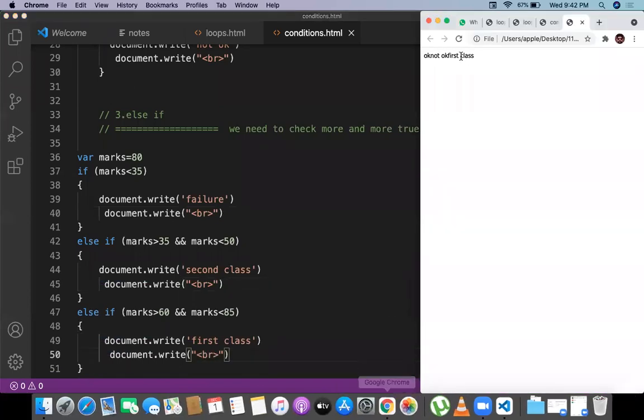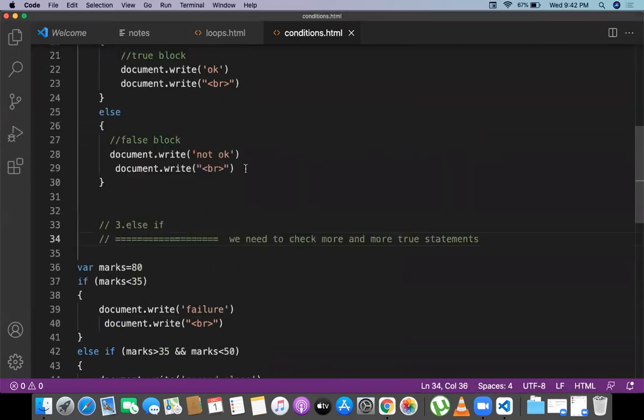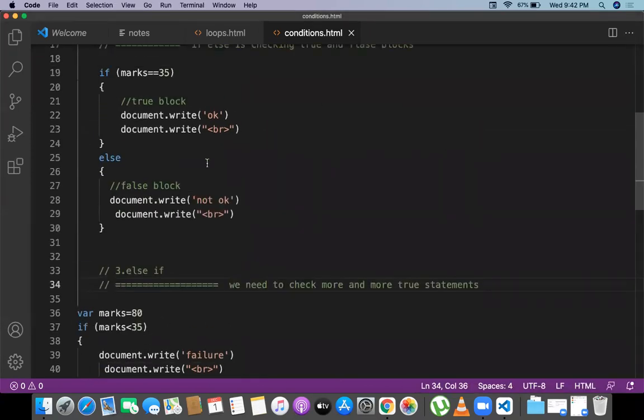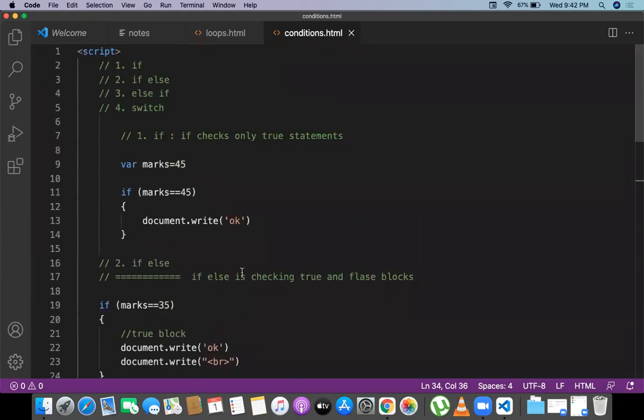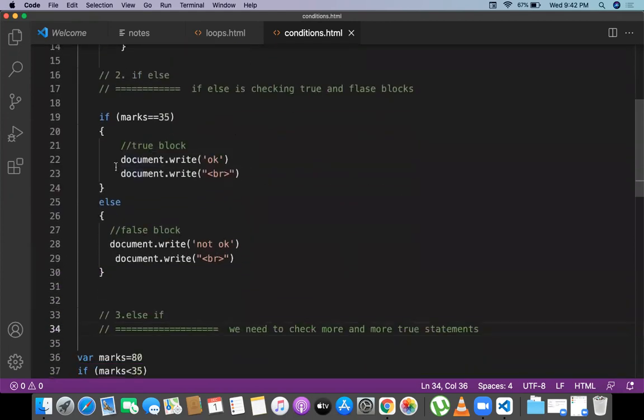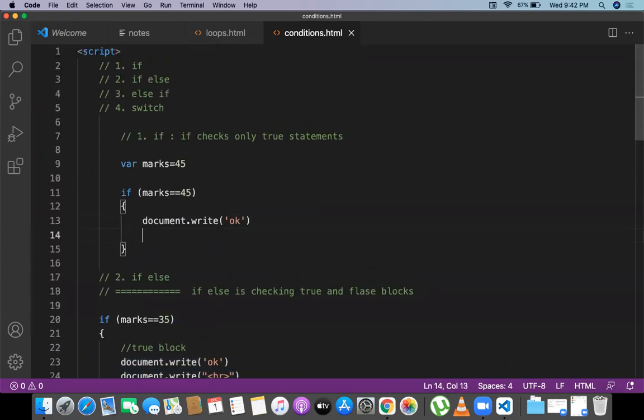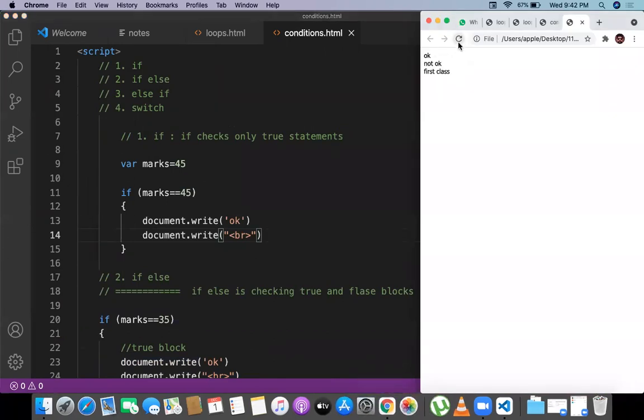Then finally the output will be very simple. The first one is OK, then I need to take an OK button. Here also we have the break. For every statement, take a break. Writing a break is very simple, and then the output is very clear. The first one is OK, because we are checking with the number 45.